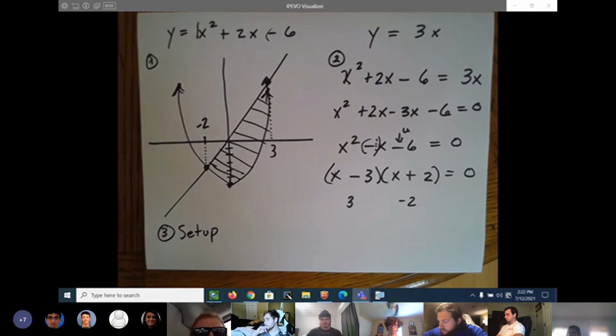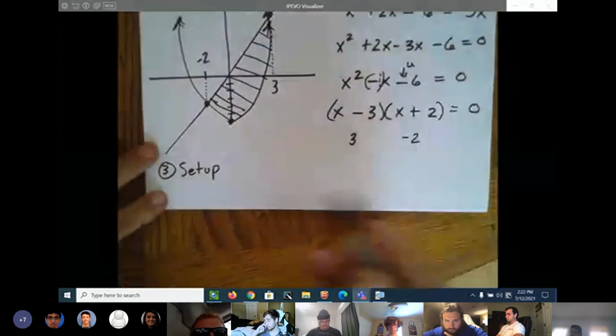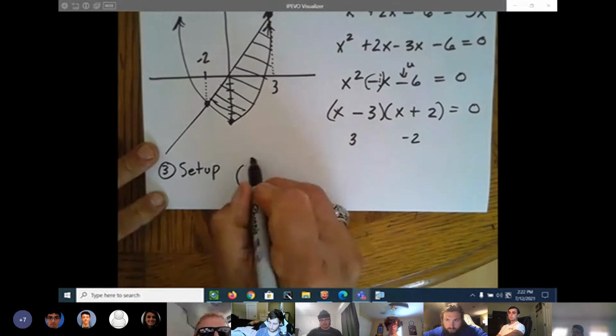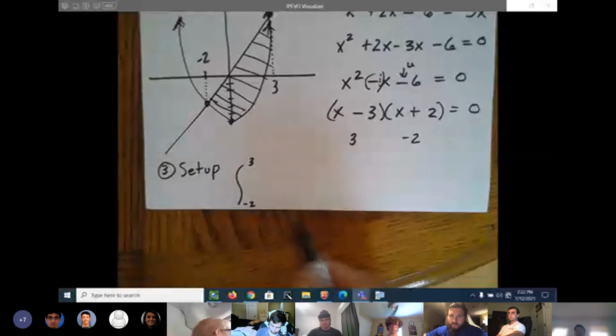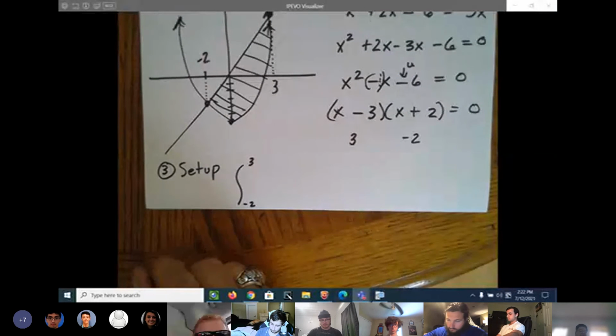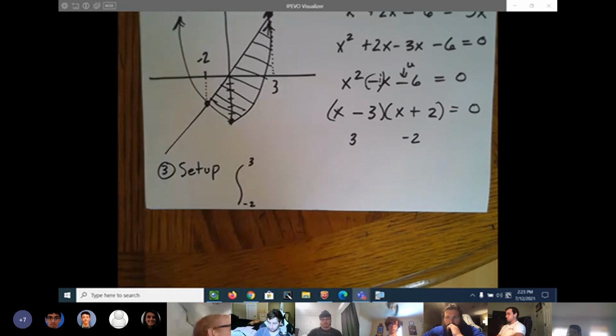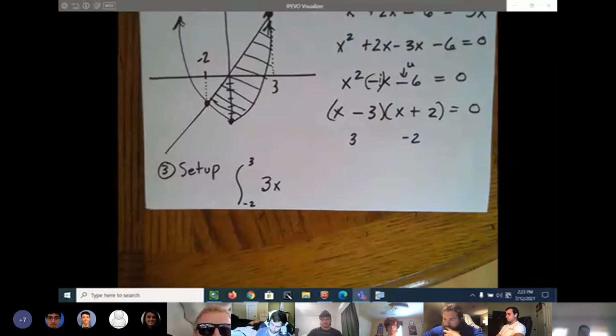Set up. Where is the area going to from where to where? From -2 to 3. Somebody tell me which one is the dominant function over the area, over the region. Which one is the dominant function? Would it be 3x? 3x. So 3x minus,